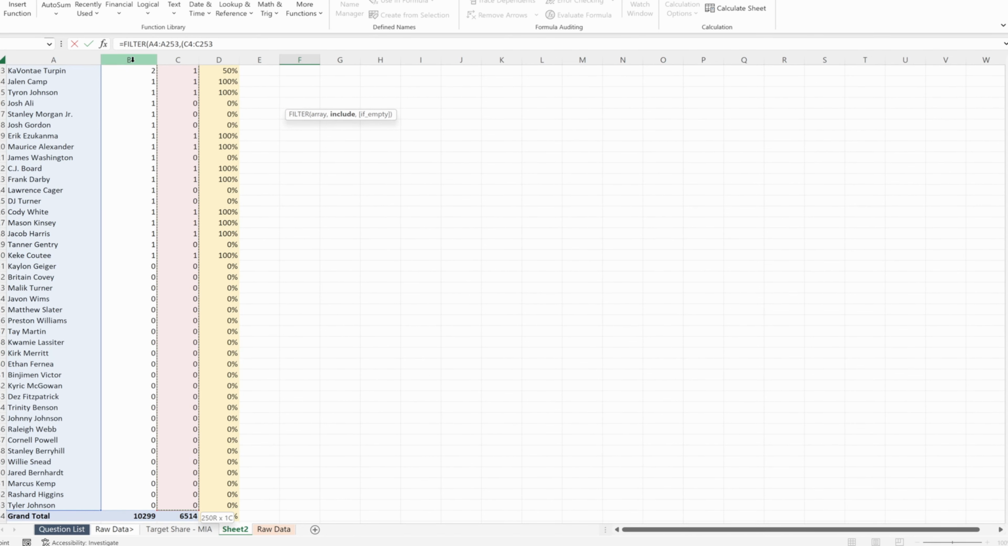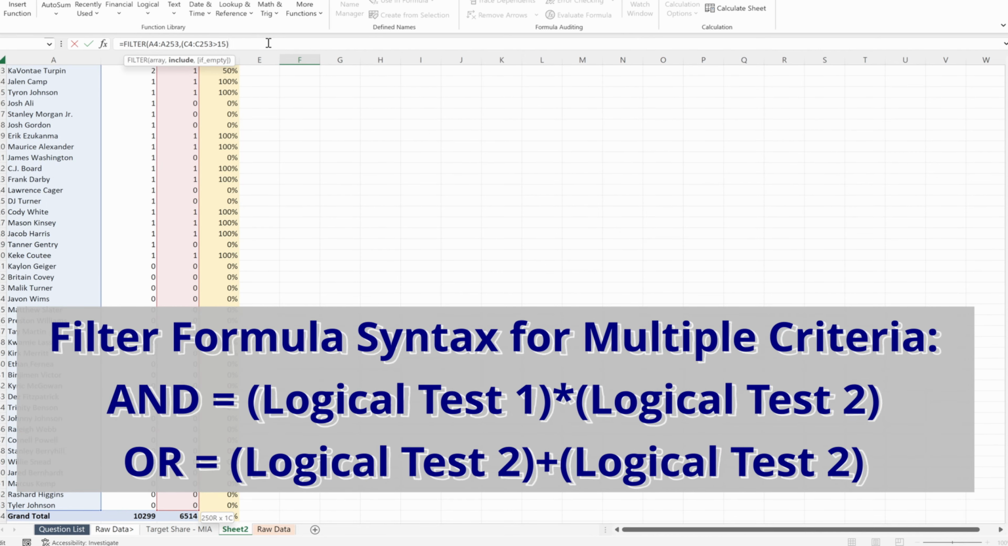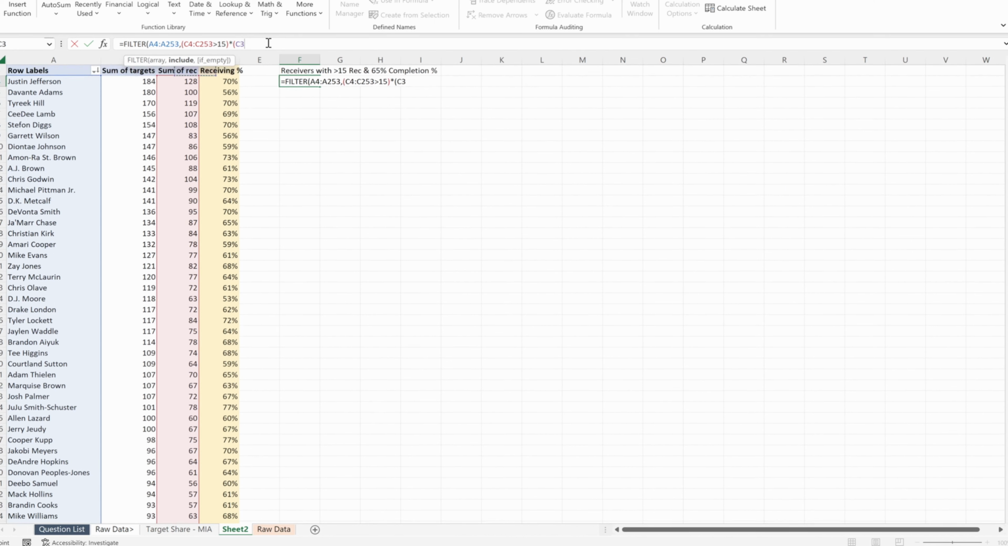If I highlight the sum of receptions and then use a greater than 15, that will say greater than 15 receptions are the only receivers I want to include. And then if I want to have multiple arguments in my filter formula, I can use an asterisk. Shift 8 will pull up the asterisk or multiplication symbol, and then another open parentheses,